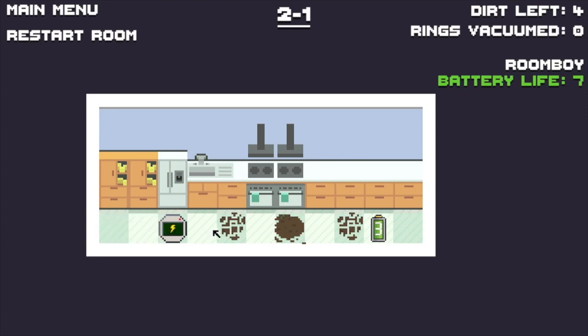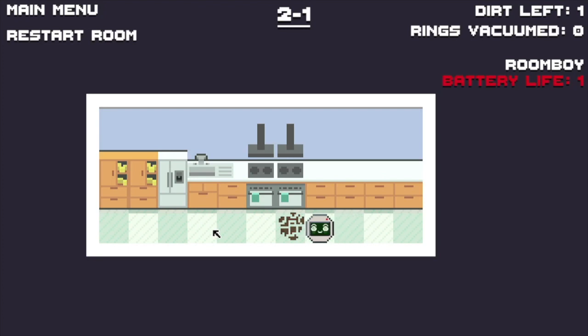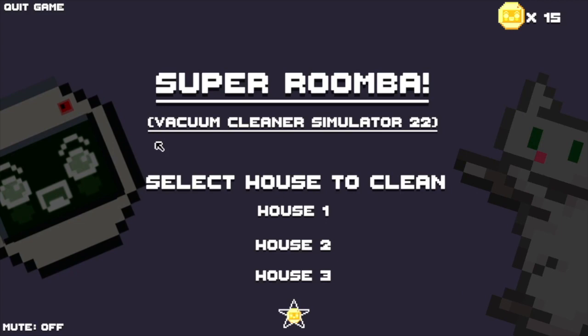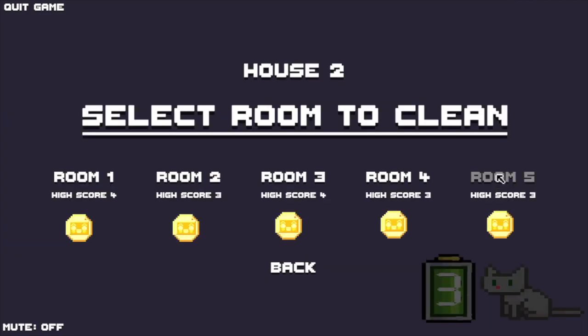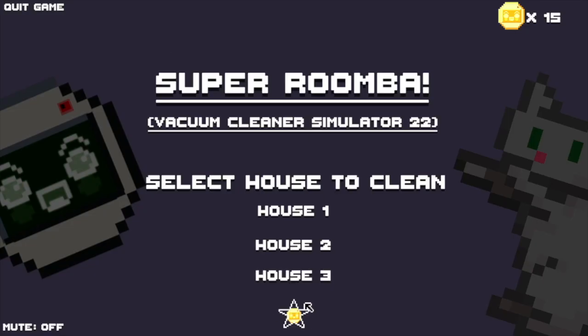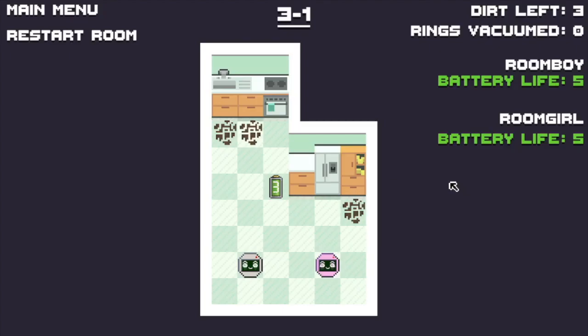Because it's teaching me a new mechanic, effectively. Exactly. I think they've done a really nice job of getting the pacing right. And again, if I pick room 5 of house 2, it kind of looks like this. And if I go back to do room 1 of house 3,